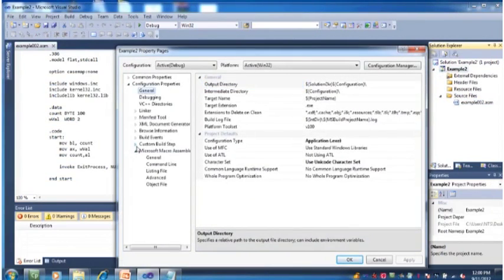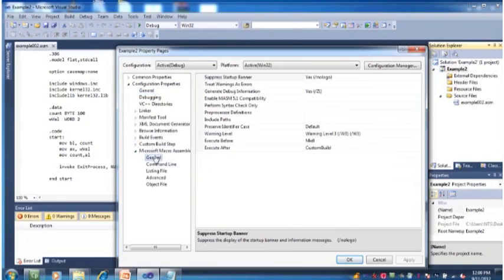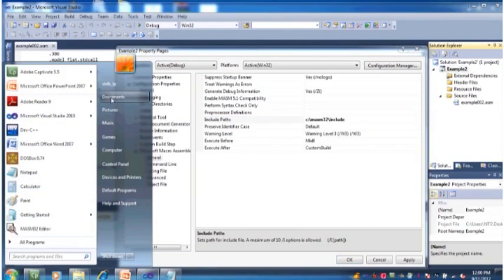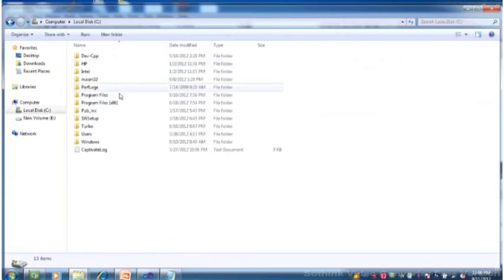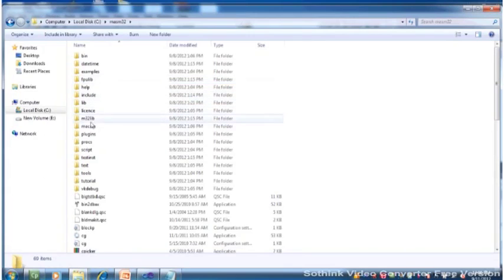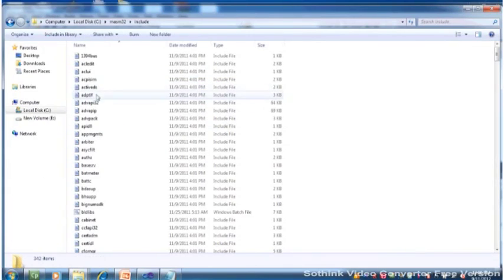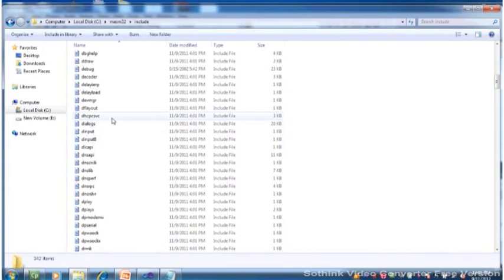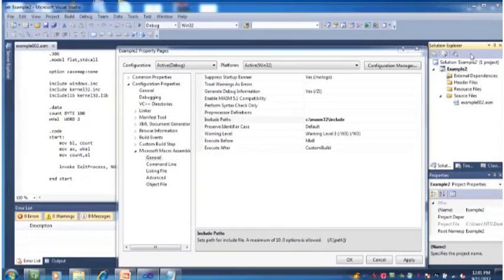You have the Microsoft Assembler, and here first we have to check the path. So the path should be there. It should be C drive masm32 include directory. Before that, you want to check the computer, my computer, where is masm32, and is there any include directory. So there's an include directory here. All these files that we will include are inside this one. So what we will do here, we will save this project, we apply,